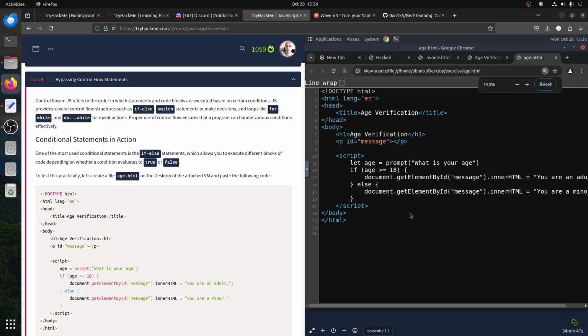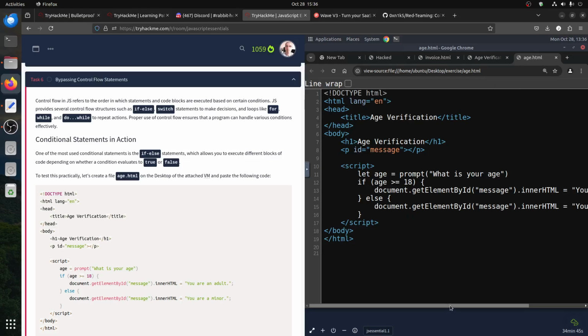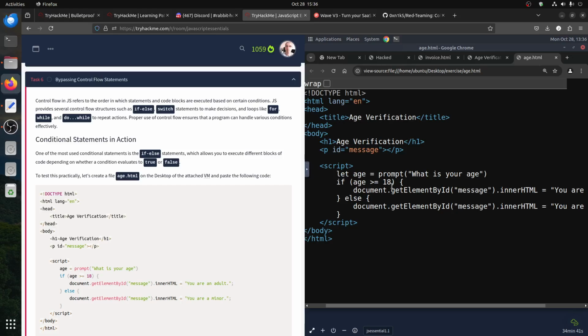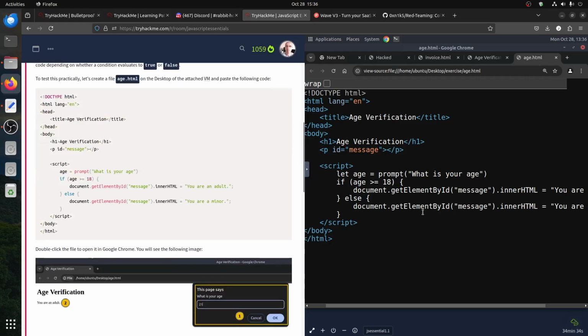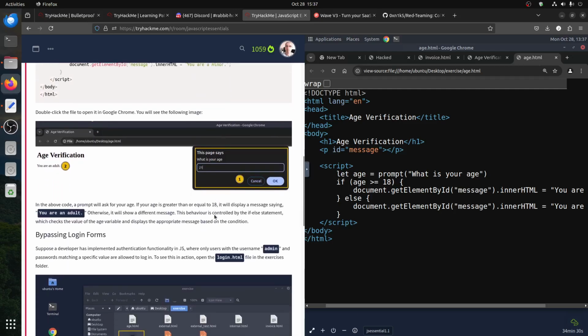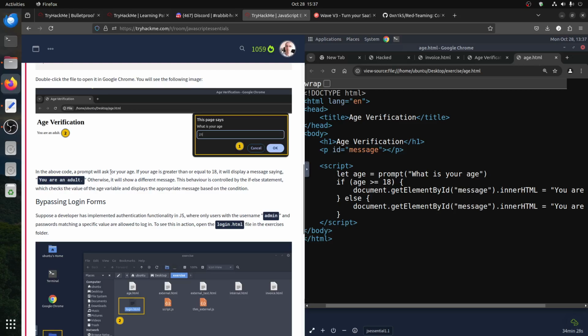Let's practice real-time life. You don't have the file, but you can access the source code. Now the code says if the age is greater than 18, you are an adult. If you're less, you're a minor. So this is the condition statement we have here. That's what we did, an adult. In the input code, the prompt will ask for your age. If you're between, it will send a message saying you are an adult. Otherwise, it shows